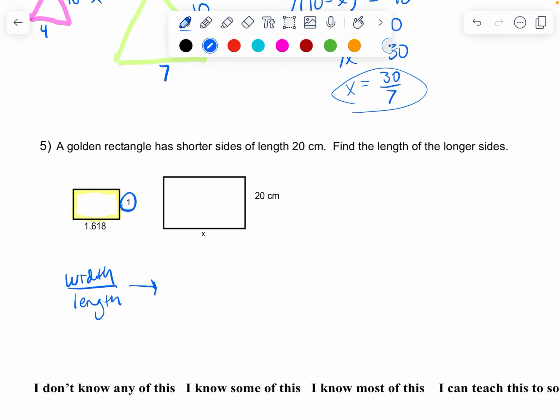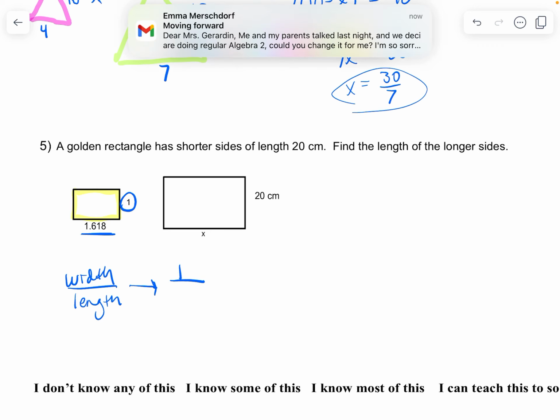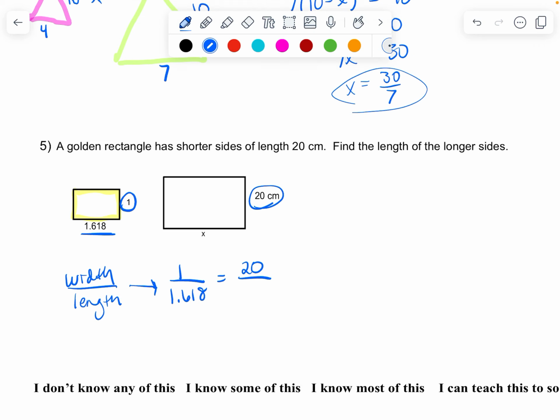So you could just do width 1, length 1.618, and then you could do width 20 over length x. So that's another way. And then you can cross multiply. 2.36 centimeters. And that'd be the answer. So work on the homework for the rest of